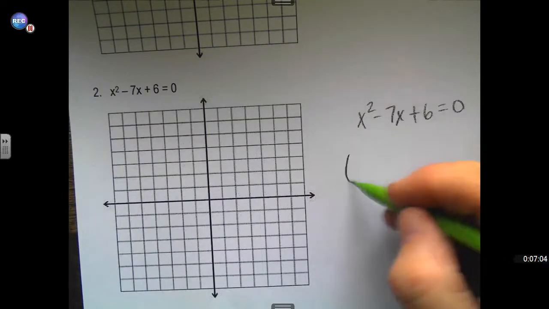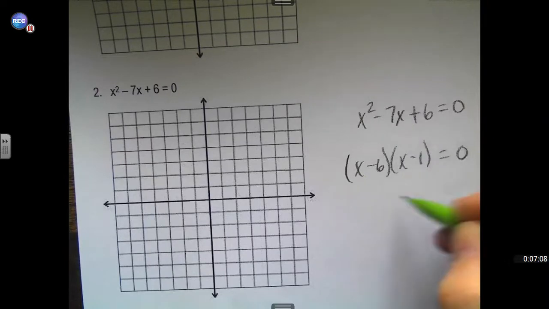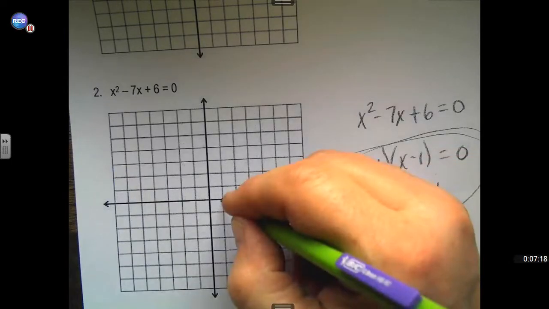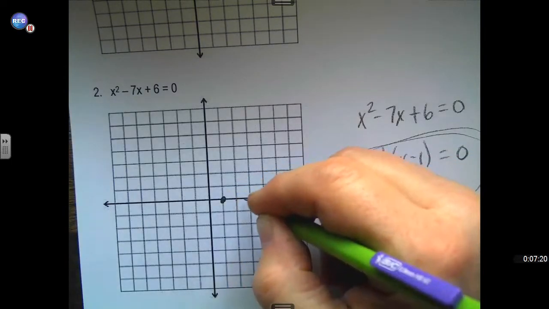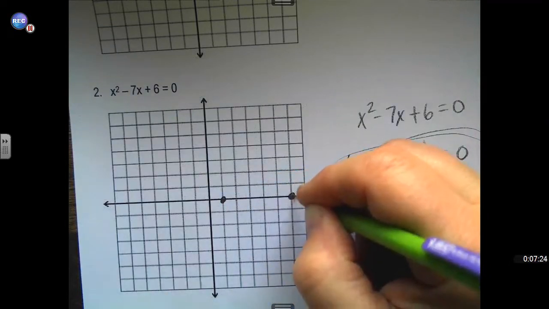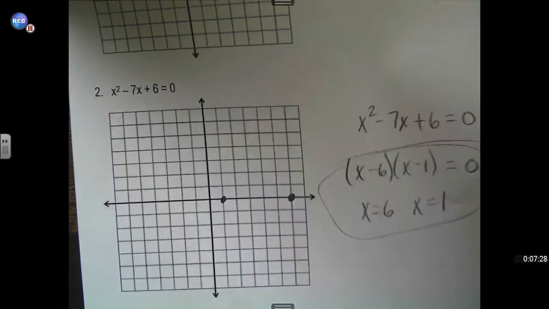We get x minus 6, x minus 1, so x equals 6, x equals 1, and we'll explain in more detail how we get to this. But essentially those are my 2, 3, 4, 5, 6. Those are my x-intercepts, and my x-intercepts are the solution. Okay,